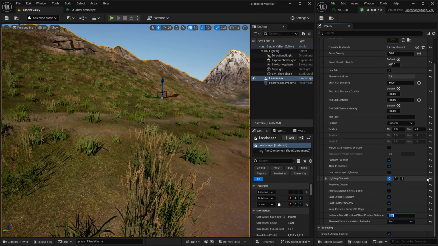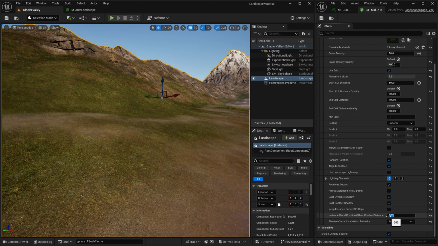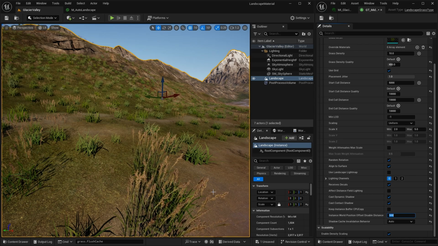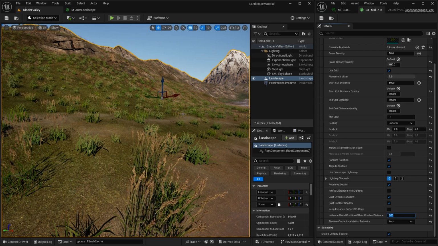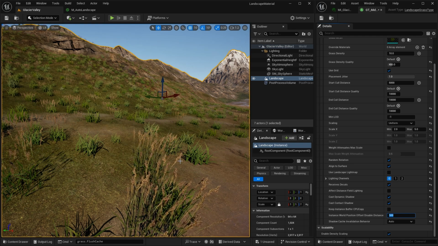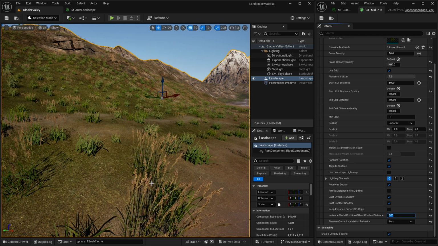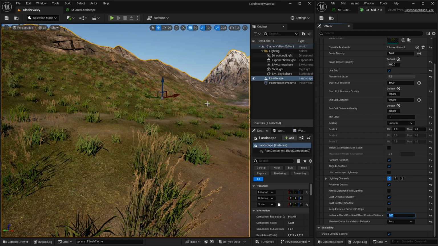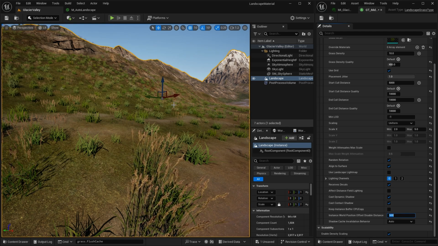and after it recalculates, you can see that everything is pretty much still at the moment. I think that number is so small that even this one in the foreground is disabled. But if we make it something like 500, right, now you can see that this one in the foreground is still moving, but these ones in the background have stopped moving. And that's probably what you want to do, because you're only going to really see the movement as you're close to these objects, and in the distance you're not really going to notice it much anyway. And that should have an effect on the caching of the shadow.